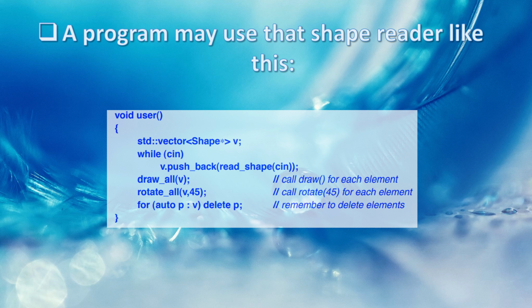void user() { std::vector<Shape*> v; while (cin) v.push_back(read_shape(cin)); draw_all(v); // call draw() for each element. rotate_all(v,45); // call rotate(45) for each element. for (auto p : v) delete p; // remember to delete elements }